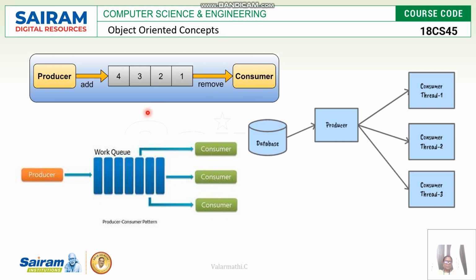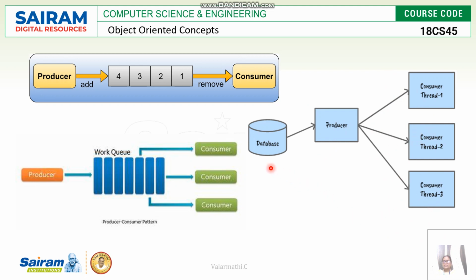This is another pictorial representation of how one producer with n number of consumers works, where items are given to the consumers. When you insert elements in the working queue, the first element is removed by one consumer, and the second element is given to the second consumer who approaches. Based on first come, first served priority, the items keep on moving to the consumers. This is a third diagram of how it is done programmatically.